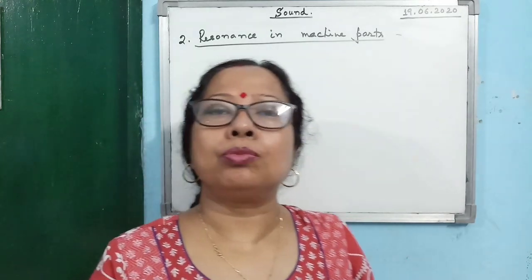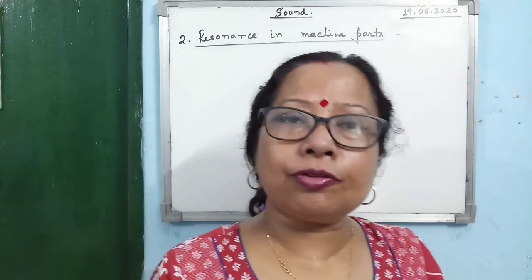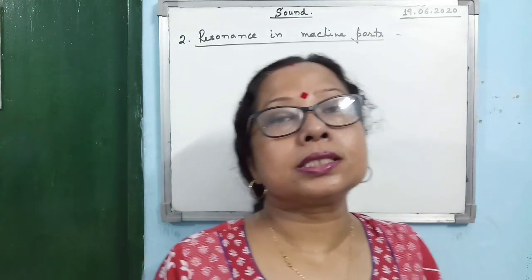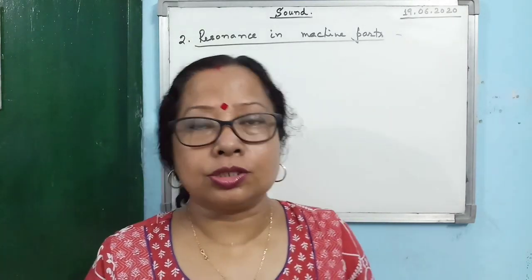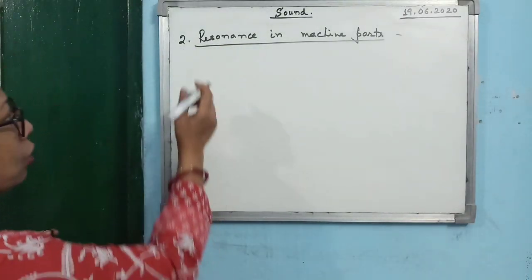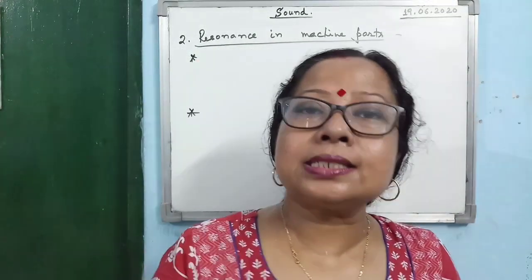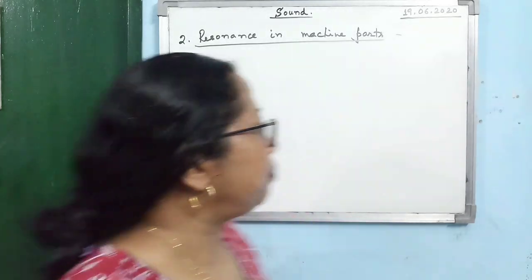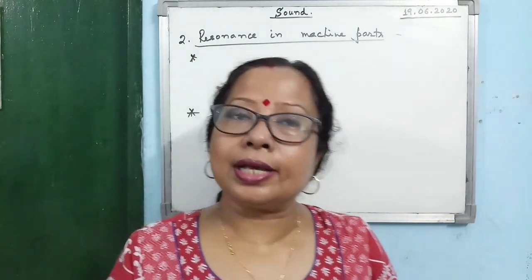This is the observation. I repeat, when the vehicle moves at a particular speed, then the movable parts of the vehicle start vibrating vigorously with a rattling sound. This is the observation. Alright, what is the cause? So put a second asterisk. This we have written in the first asterisk, and in the second asterisk write down that this happens due to resonance. Alright, what will be the second point? You will write down that this happens due to resonance.